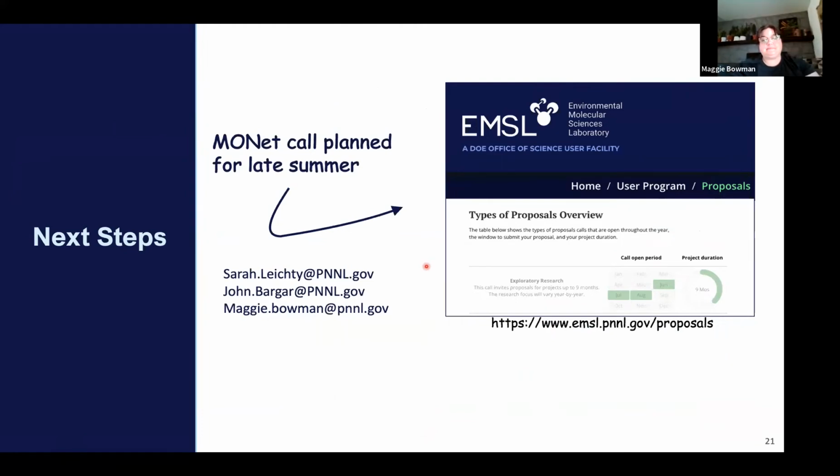So in addition to interacting with the large networks, we are working really hard to make sure that these capabilities can be very useful for individual investigators, graduate students, postdocs, other groups. And to do that, the way that we're going to provide these capabilities is to release the first user proposal call later this summer, probably in the September time range. We're working on this right now.